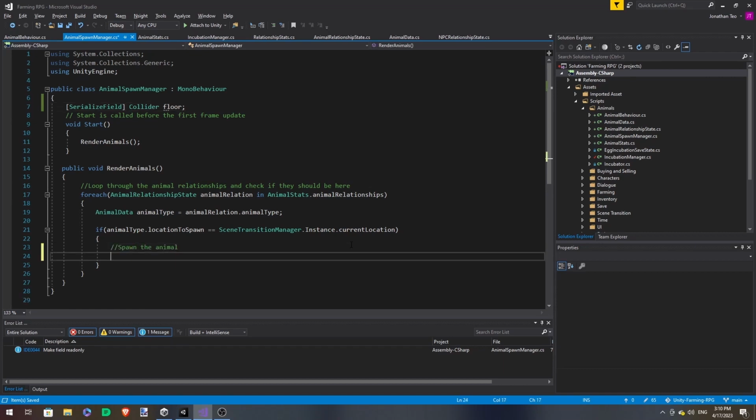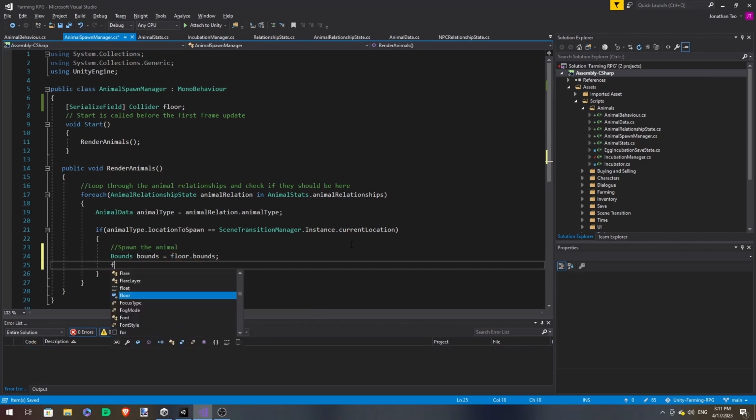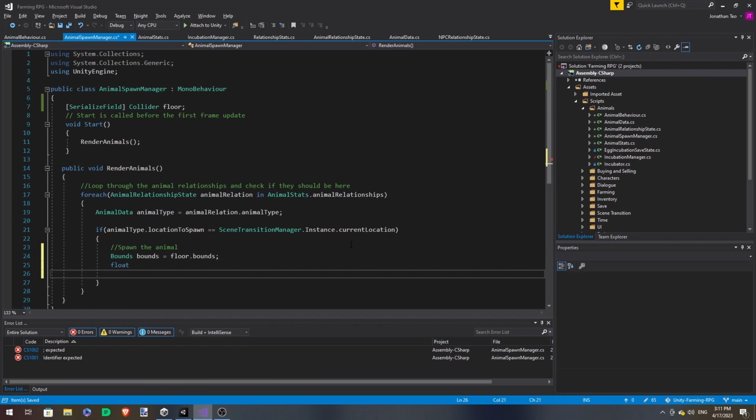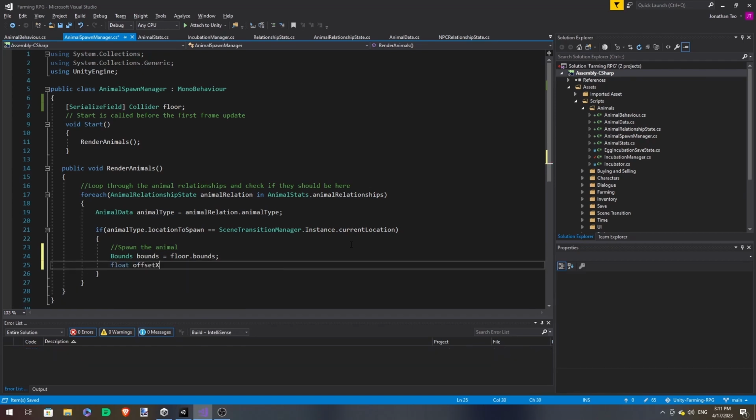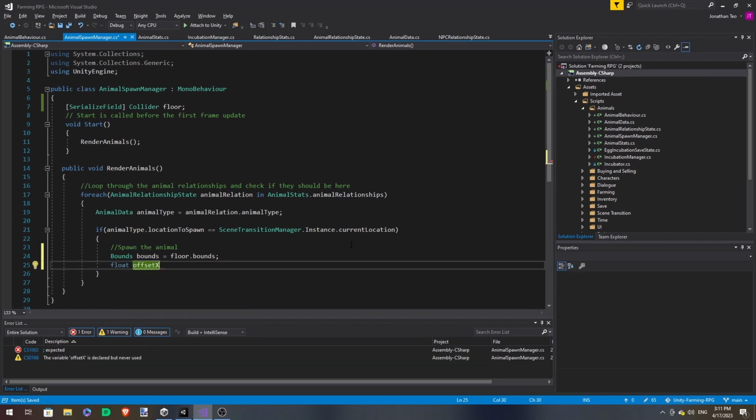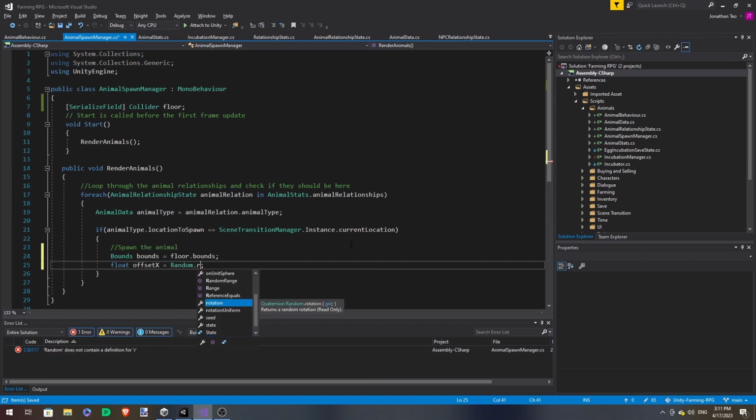So how we're gonna randomize it is we're gonna use a bounds, Unity's bounds, which is taken from the floors, and then we'll take the offset. We set a bunch of offset values. We only need offset X and offset Z since the Y-axis would be constant throughout because we're going to spawn it on the floor. It's gonna be Random.Range.